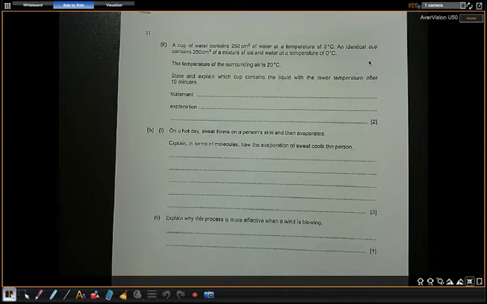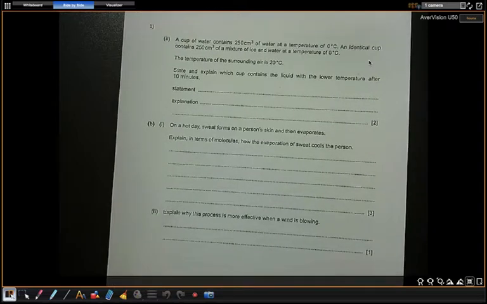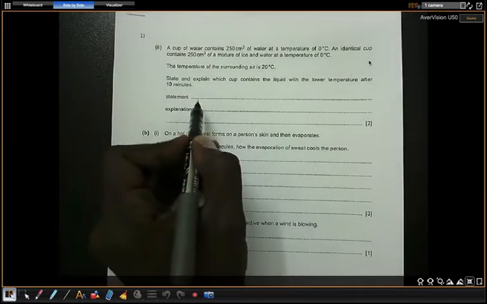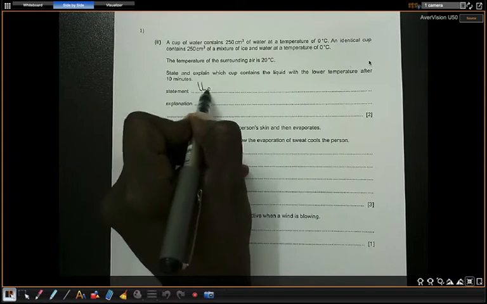We're going to start solving this worksheet that I gave you last class. Now, the first question is about a cup of water at 0 degrees and a mixture of ice and water. The question says: state and explain which cup contains the liquid with the lower temperature after 10 minutes. Now, the statement would be the mixture